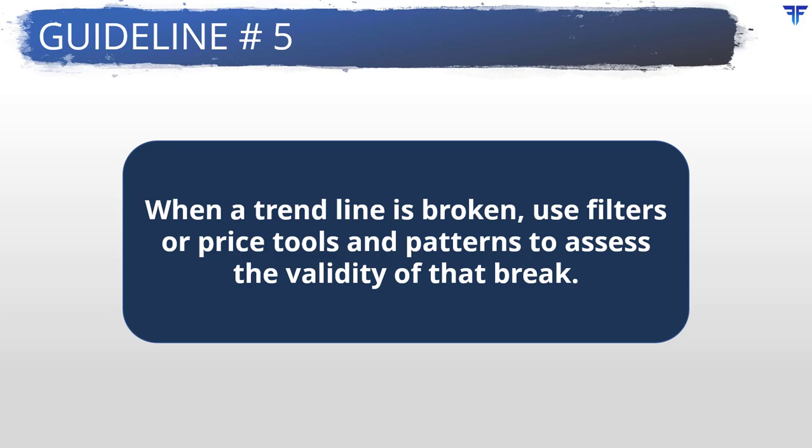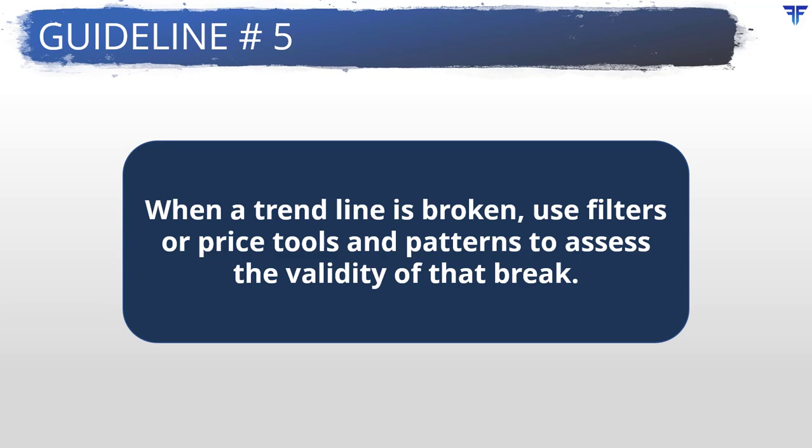When a trend line is broken, one needs to validate whether that break is genuine or false. To do so, several parameters could be used. For instance, one could use any one or a combination of percent filter, closing price filter, volatility filter, volume filter,